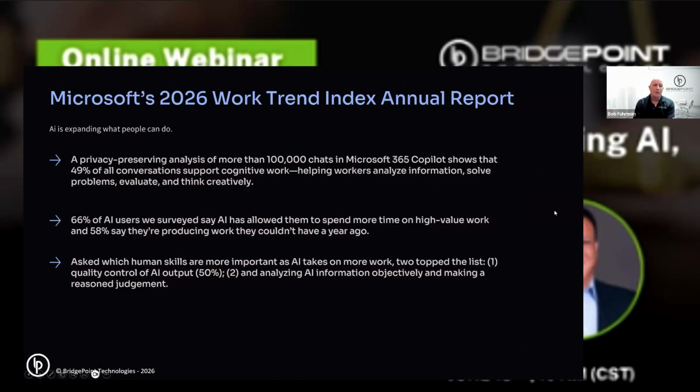Microsoft did a big study on what came out of AI. What I want to point out on this top one is they inadvertently, in my opinion, admitted that Microsoft as an organization can go poke into AI chats of their client base, because they say a privacy-preserving analysis of 100,000 chats. That wasn't Microsoft employees. This is them looking at other people's chats to the extent where they could say they were doing cognitive work. That caught my eye when I was prepping for this presentation. I'm like, they're admitting, and I don't think they meant to, that they can see your stuff.